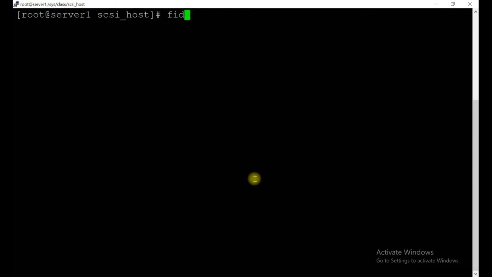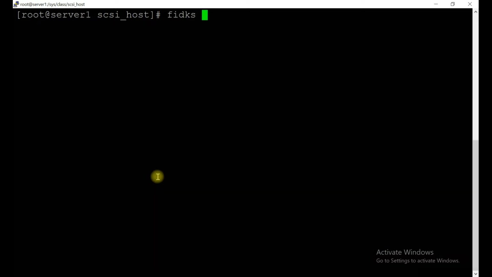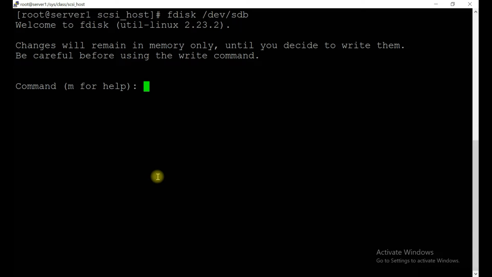So let's see how many disks you have. I have an extra disk, as I said to you, disk sdb. Okay, let's make a partition. Clear the screen, fdisk /dev/sdb.